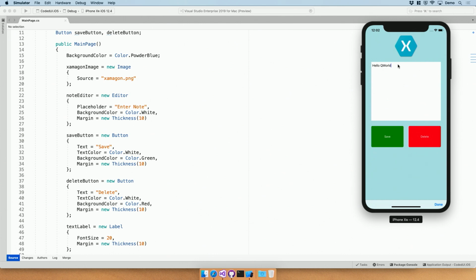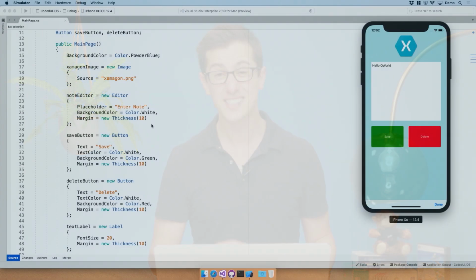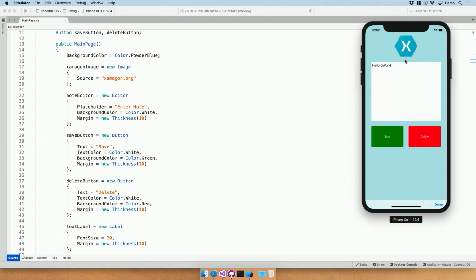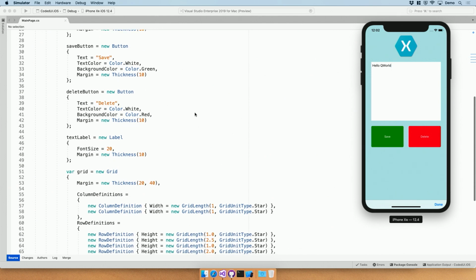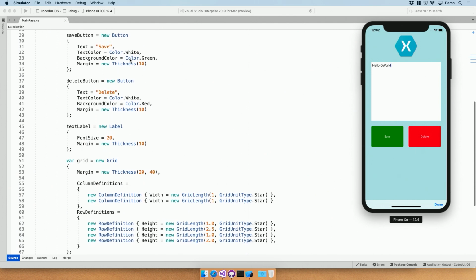Now margin tells this UI element how much spacing to keep between itself and its neighbor. So by setting this to 10, we're telling it to have 10 pixels or 10 points of spacing between the top, the left, the bottom, and the right. We next initialize our buttons. So we have our save button and our delete button, assigning their text colors, their background colors, and their margins as well. And lastly, we initialize our label, where we set its font size and also its margin with a